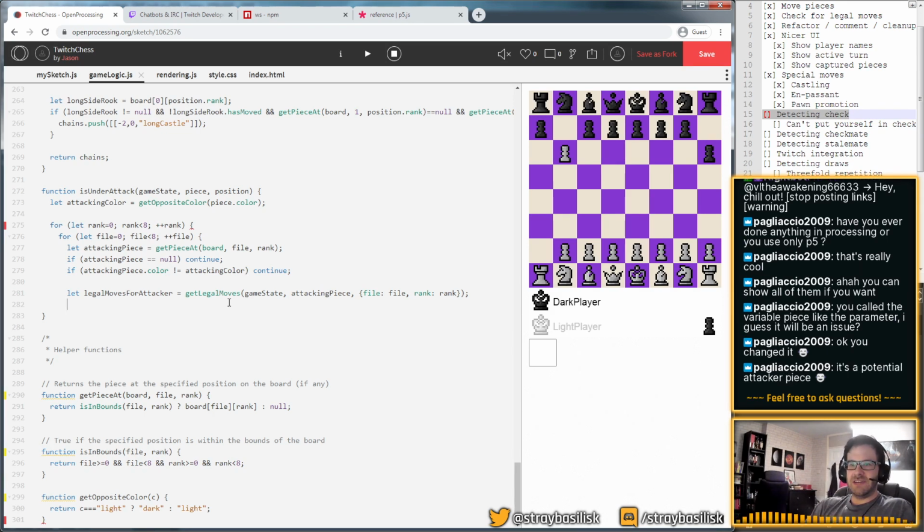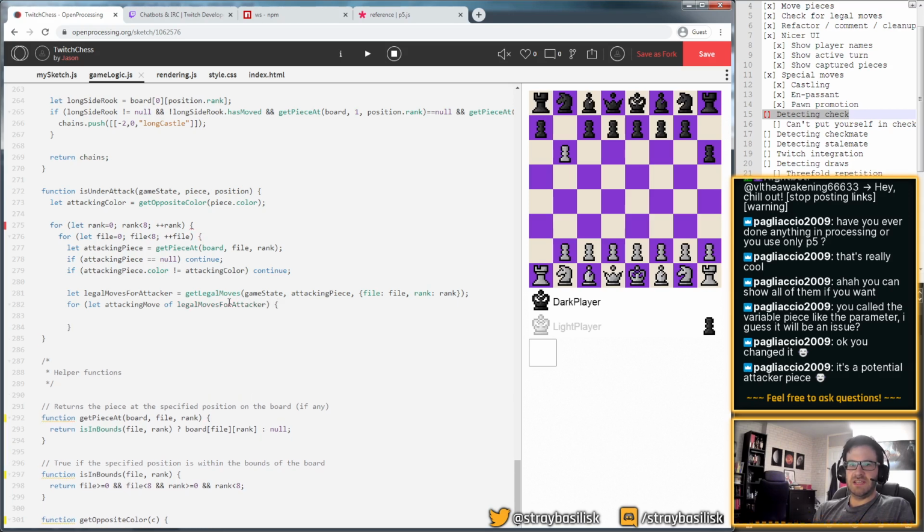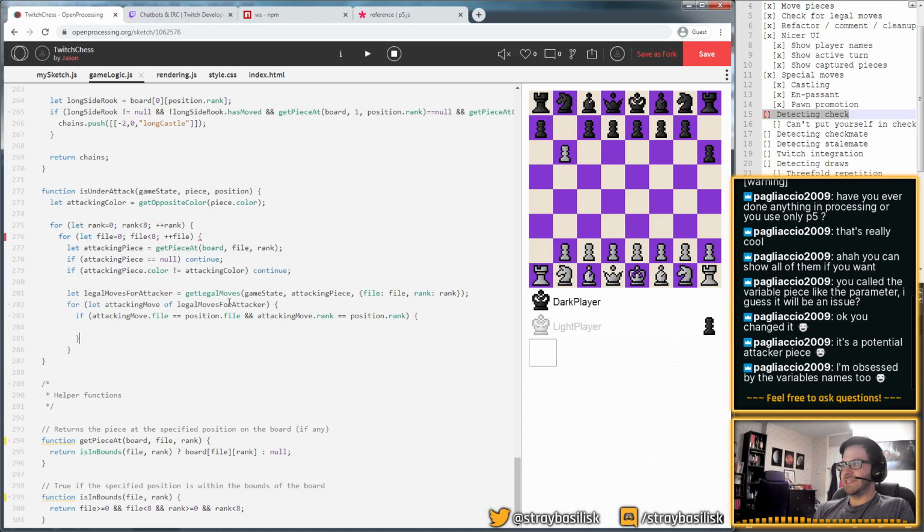Okay, so basically we need to find out if, for move of, well, attacking move of, so just loop over those and we say if move.file is equal to file and .rank equal to position.rank, then we're under attack, right?